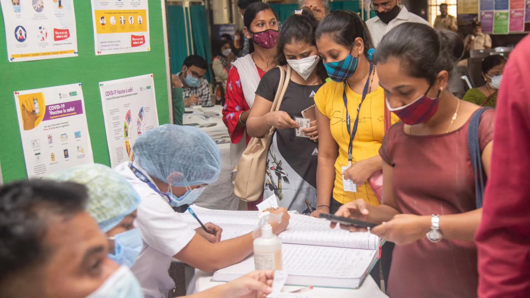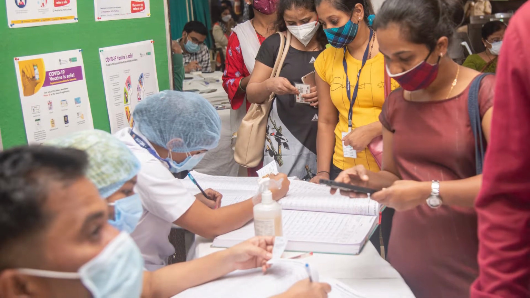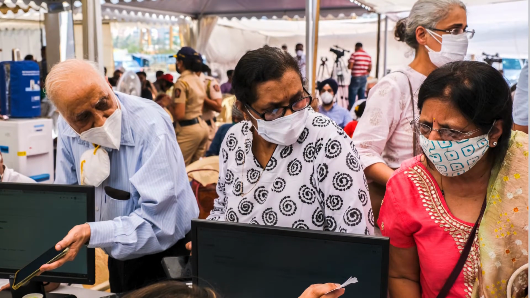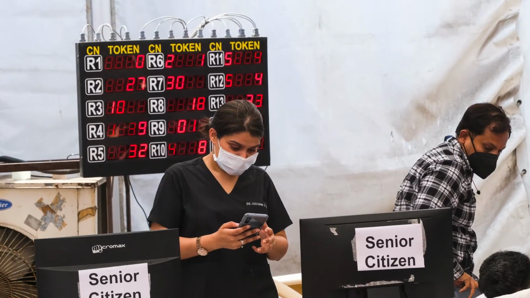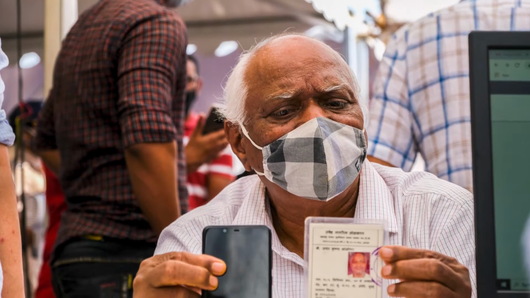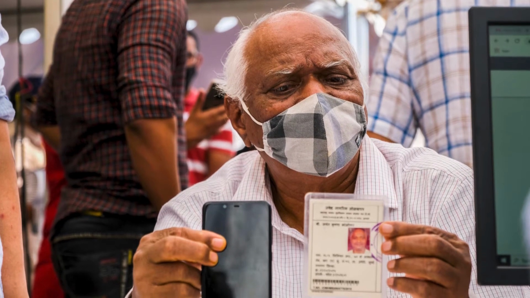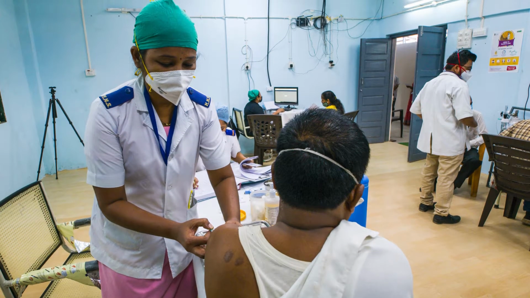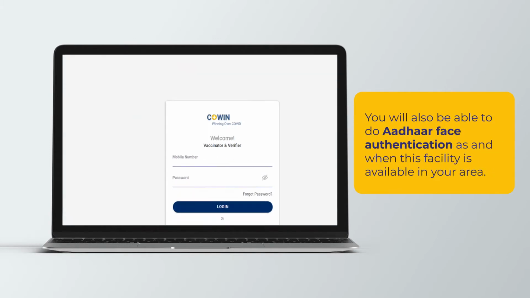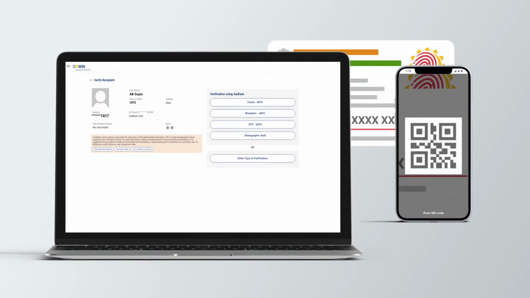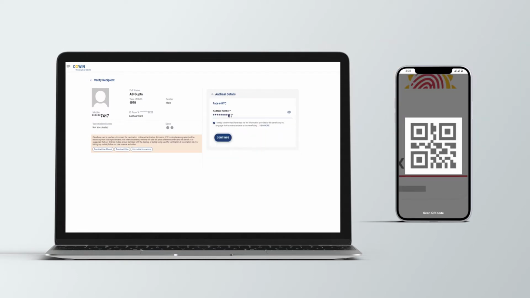Then he asks for the identity document and verifies them. The verification activities require capturing photograph of the individual and her documents. Typically, the vaccinator module is being operated on a desktop, laptop or a tablet. In all these cases, verifiers face difficulty in using the camera of the device. To overcome difficulties in the verification process using desktop, CoWIN has developed an application to pair mobile phone with desktop and use the camera of this mobile phone to perform activities like reading QR code, etc.